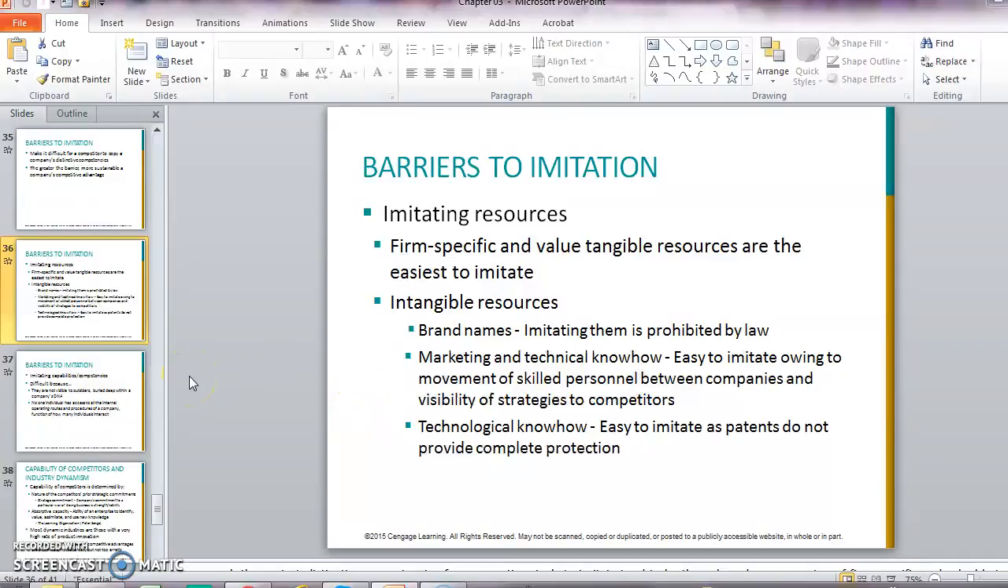So the brand names, good branding, good marketing and technical know-how and technological know-how can present a barrier to companies trying to enter and imitate in order